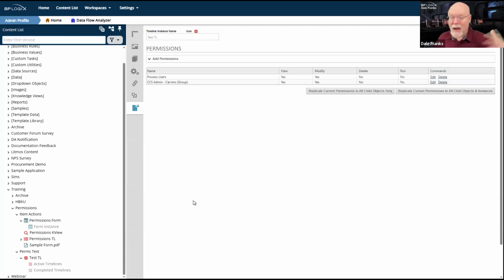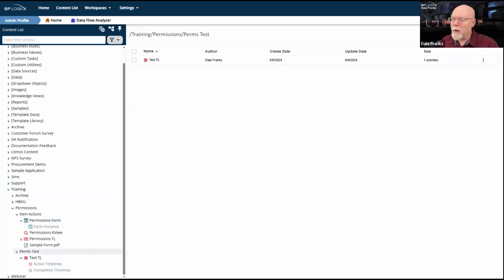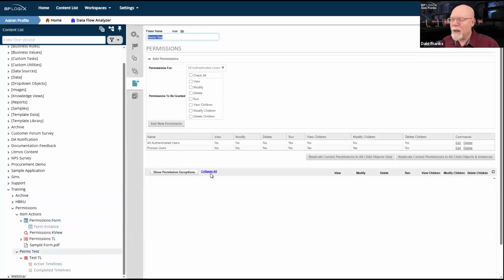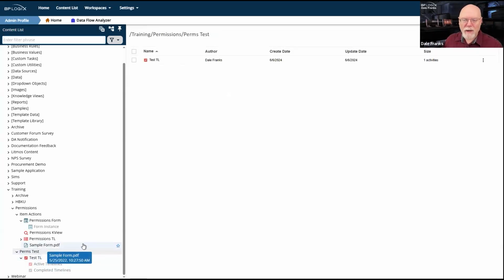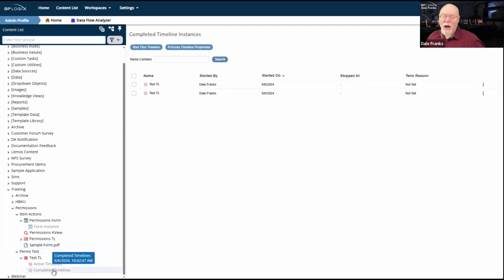Although I am just about to blow all of this away and change it all, because when I go in and change my perms test permissions, and I come up with these two permissions as the desired permissions, but I've already got existing objects inside these perms test folders. And not only that, but each of these objects now has their own child objects, their own instances. Well, now I've got to figure out, what do I do with all of those existing items?